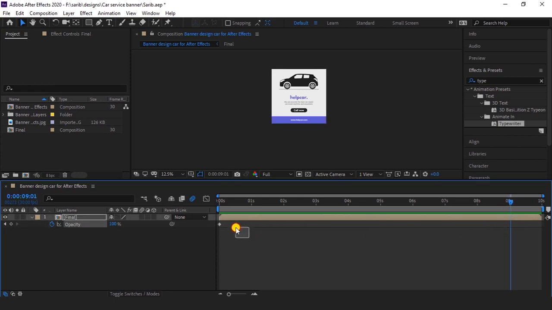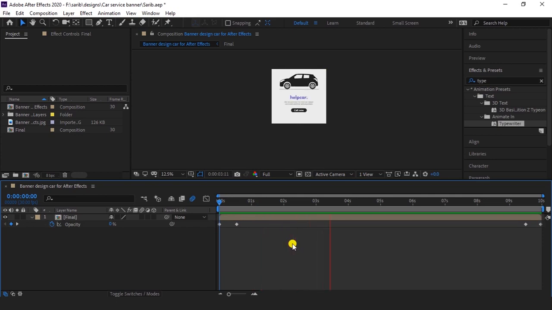Now what we need to copy this key, only this key, and press Ctrl C, and here make sure your timeline ruler is here and press Ctrl V. Now you will get a key, and now select this key, only this key, press Ctrl C. Now come forward and here press Ctrl V. Now drag this key here. Yeah, if you play your animation now, this is our final animation.